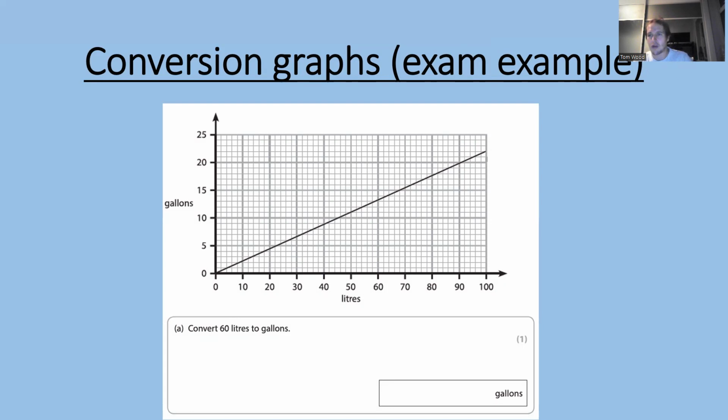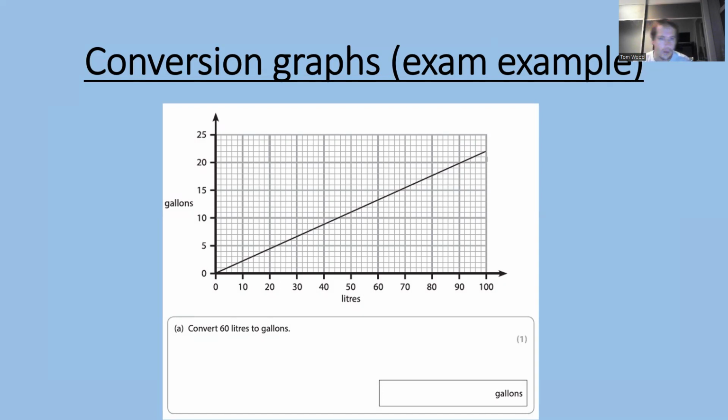So you could always use the mathematical way. You could get a more specific answer that way, if you were to work out, okay, I want to know exactly if I've got, in this case, 60 litres, and I know that 1 litre is 0.0132 gallons, then obviously I can work out exactly the amount, but I can do it a lot faster on here. So to convert from 60 litres to gallons,